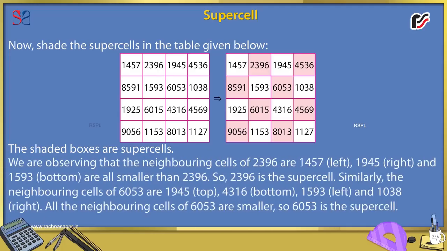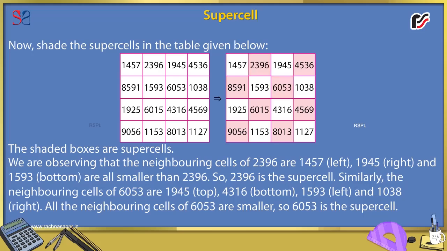We are observing that the neighboring cells of 2396 are 1457 left, 1945 right and 1593 bottom, all smaller than 2396. So, 2396 is the supercell. Similarly, the neighboring cells of